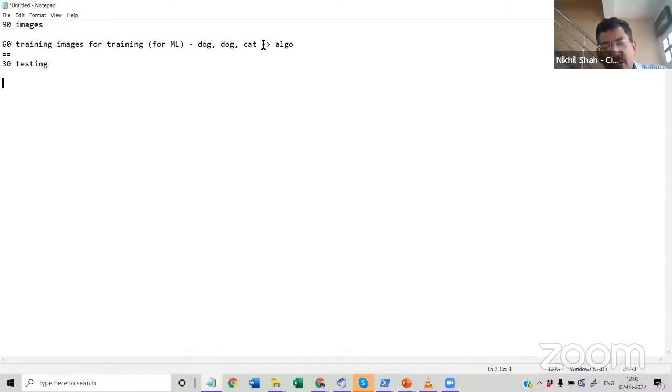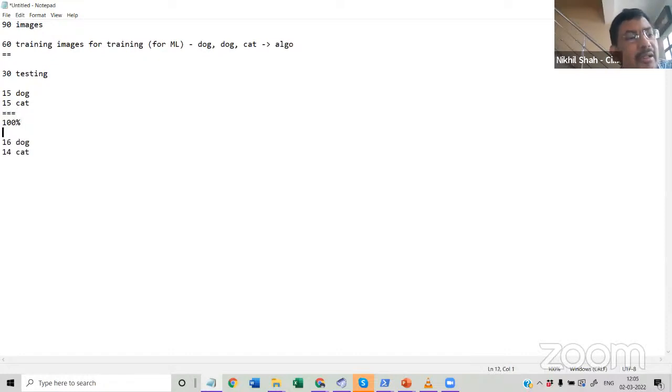Out of 30 images, I know for sure that, let's say, 15 were dogs and 15 were cats. But if my algorithm predicted 16 dogs and 14 cats, for example, then, if it had predicted 15 dogs and 15 cats, my algorithm would have been 100% accurate.